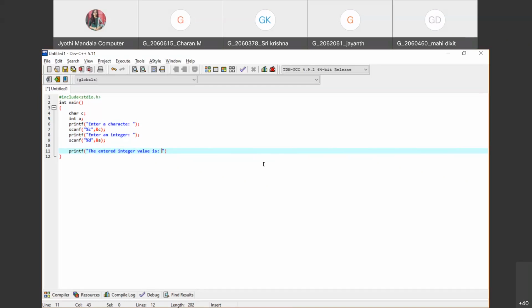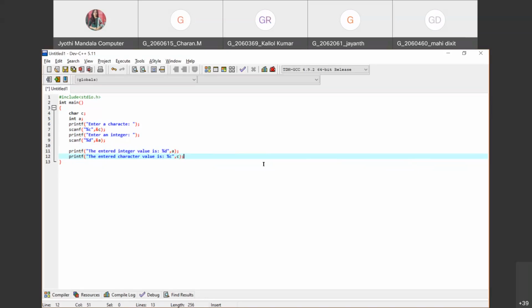Similarly, I want to print the character value also: "The entered character value is". The format specifier is %c and the value is stored in the variable called C.